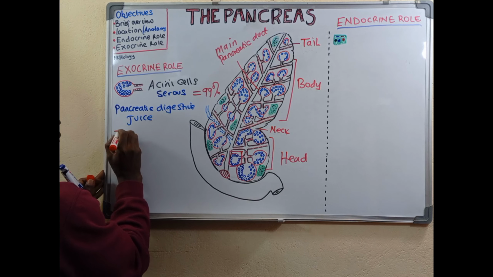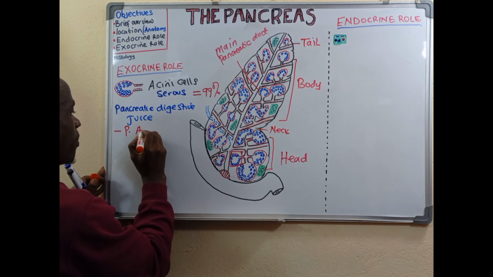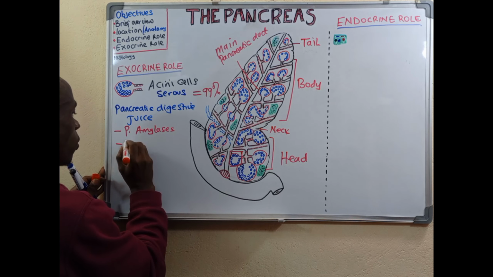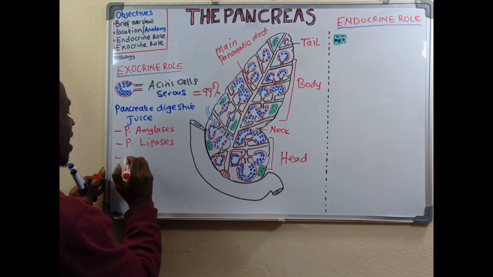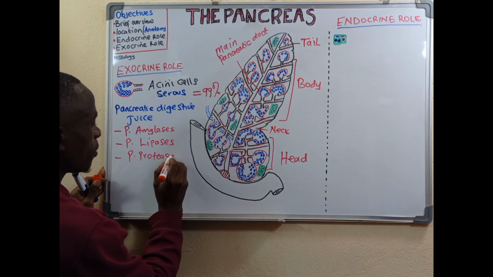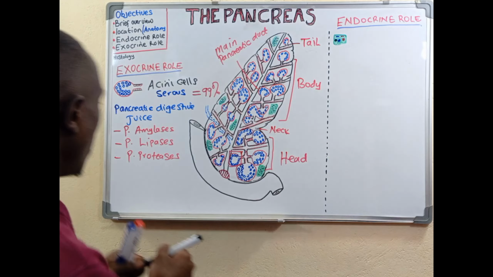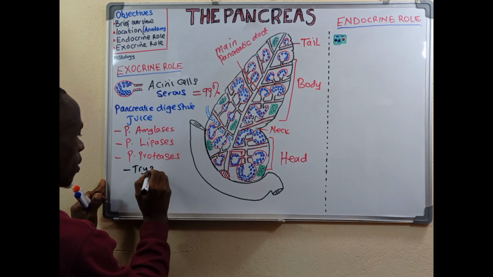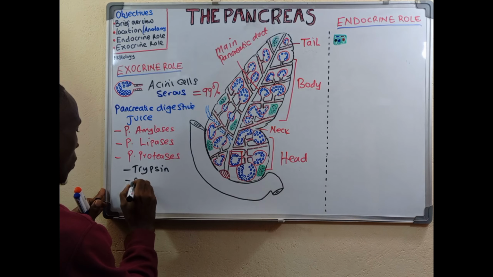We have a couple of them. We have what we call pancreatic amylases. We also have pancreatic lipases. Then we also have pancreatic proteases. And when we talk about pancreatic proteases, these are very many. We have a couple of them. The first one is trypsin. This is now an active form. Then we also have